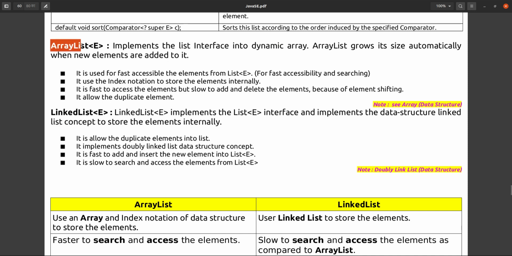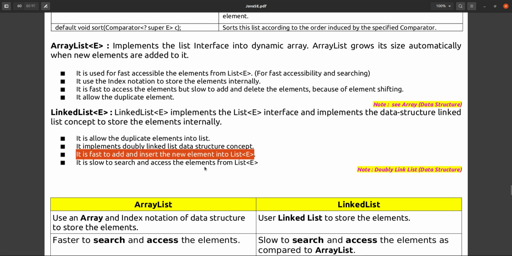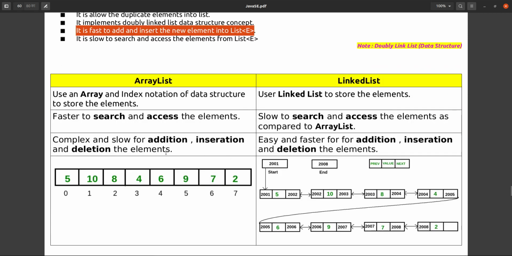ArrayList uses a dynamic array to store the elements. LinkedList uses the doubly linked list concept to store the elements. Okay, and in this linked list, adding and inserting a new element into the list is very fast. We will see why it is faster. And searching and getting an element is very slow. If you see the difference,